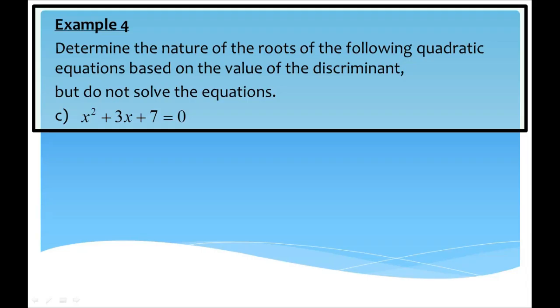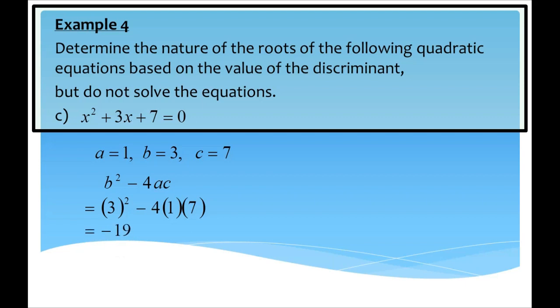Next, we proceed to example 4c. We have x squared plus 3x plus 7 equal to 0. So, firstly, we need to determine the value of a, b, and c. So, for this question, we have a equal to 1, b equal to 3, and c equal to 7. Again, substitute into the formula,